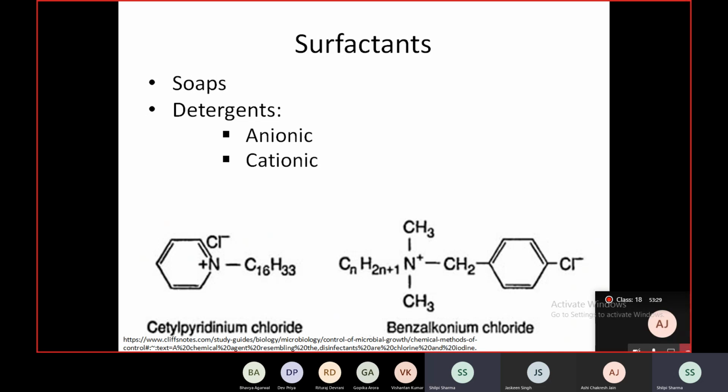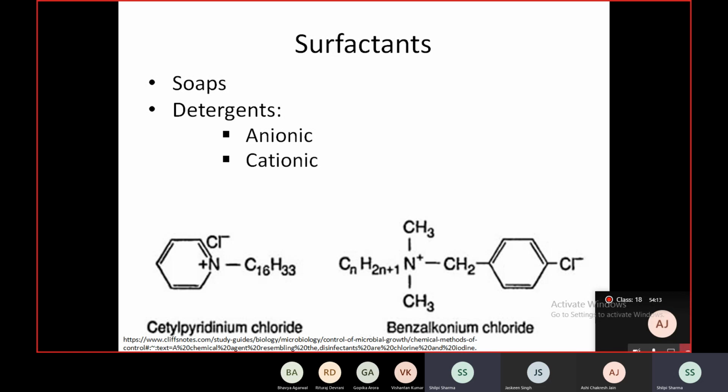Last but not the least, surfactants are a group of chemical compounds that lower the surface tension of water. So they are the major ingredients in soaps and detergents. Soaps do not kill or inhibit microbial growth, so they are not considered antiseptics or disinfectants. However, proper use of soap can mechanically remove microorganisms, so they're effective degerming agents. And some soaps contain certain bacteriostatic agents, like I mentioned, triclosan, or even other structurally related compounds that introduce antiseptic or disinfectant properties.